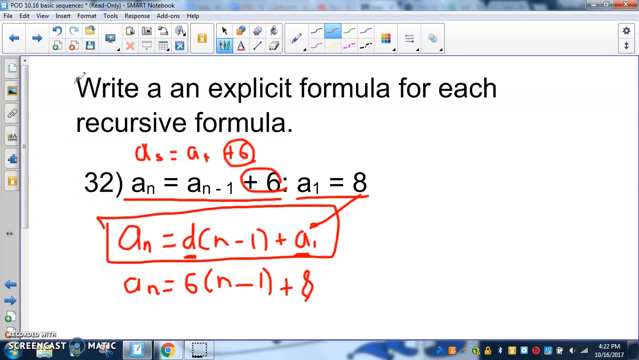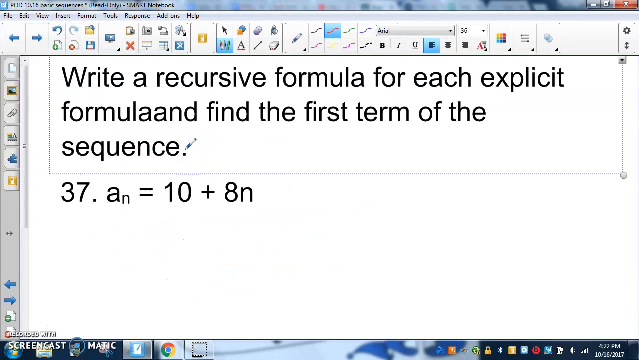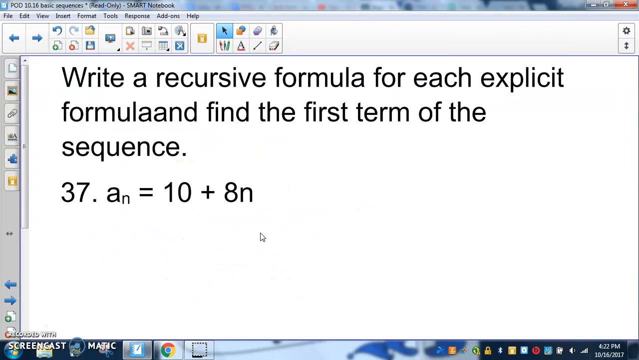It's the explicit formula. Now going backwards, now you're given an explicit formula, and now you need to actually rewrite that as a recursive formula. Well, key thing here, we're going to pull out both our common difference and